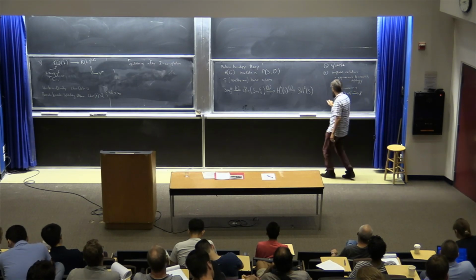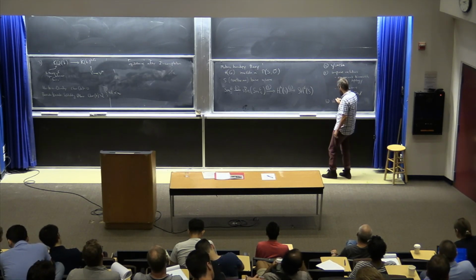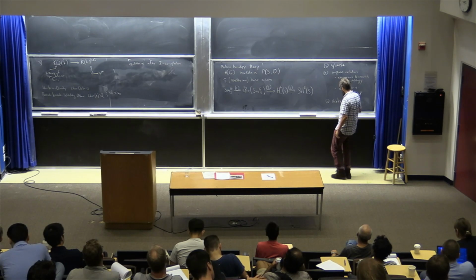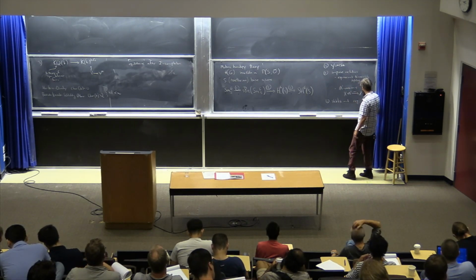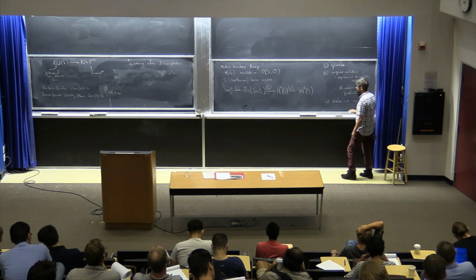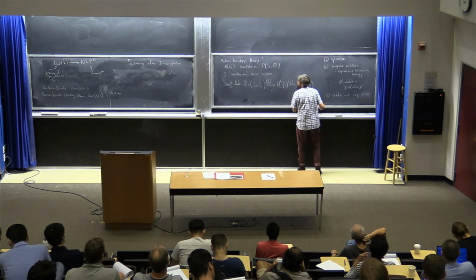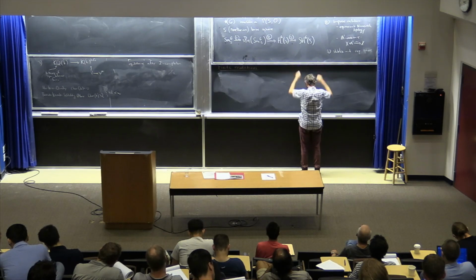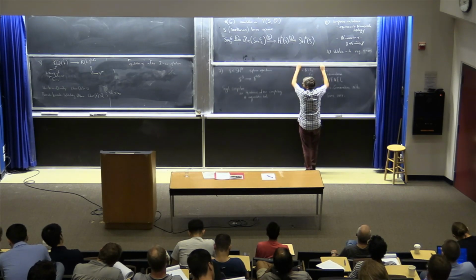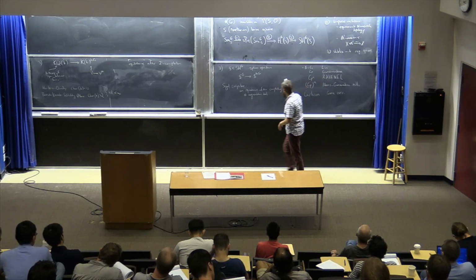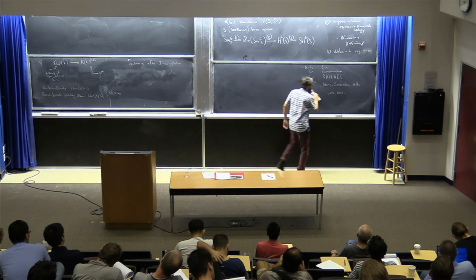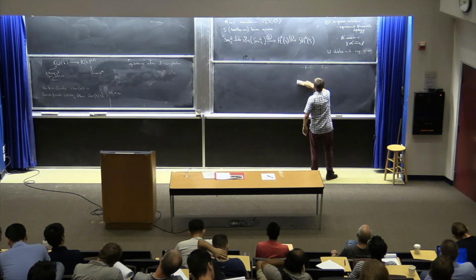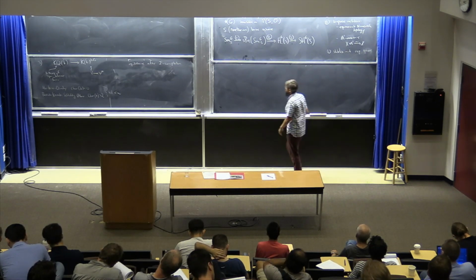And then lastly, we stabilize with respect to representation spheres. Well, we're in the motivic setting. Here, representation sphere means